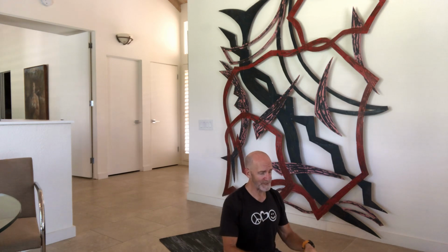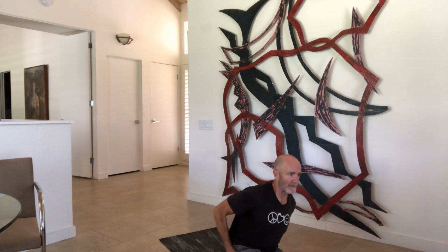The reason I love this seated forward fold is for a lot of reasons. The predominant reason is that I'm on my mat. I'm on the ground. There's no place for me to fall, okay? So I'm as secure foundationally as I will ever be in a forward fold. So I'm going to take that to my best advantage, and I'm going to really use it to get deeper into this posture. So I'm going to make sure I'm as connected with my sits bones to my mat,